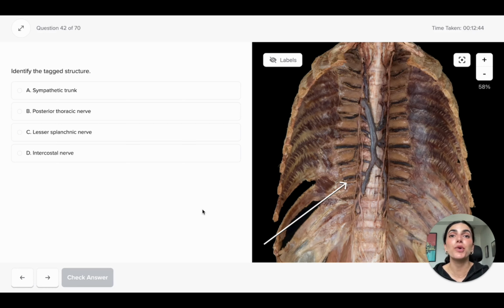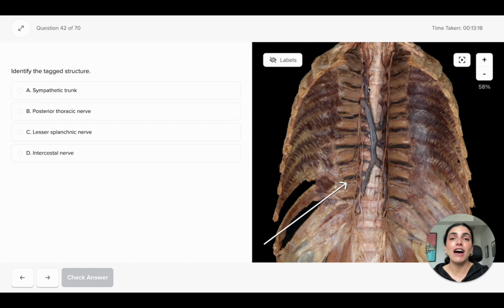Identify the tag structure. Here we're looking at an image along the aspects of the posterior wall of the thorax. What we've done, we can see right here, here are the ribs. We've cut along the more lateral surfaces of the ribs to remove the anterior thoracic cage, and we've also removed all of the thoracic organs, including the heart and